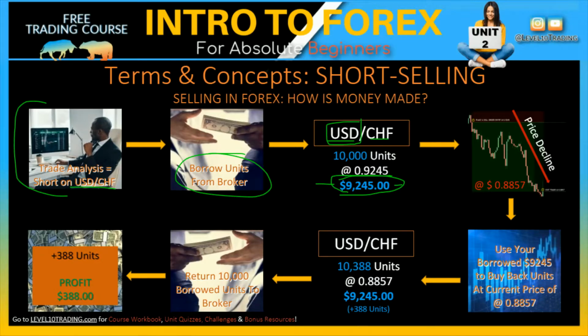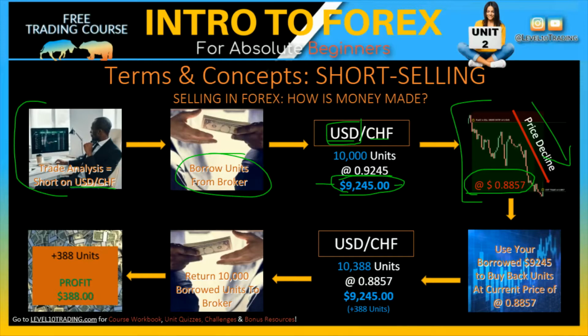Then you are going to hold on to your 10,000 units, and then the trade is going to, we hope, go in your favor. And in this example, it does move in our favor, which means that the price on the dollar franc drops. And you keep holding until, according to your strategy or your trading plan, you have an indication that it is time to exit and close your trade. So you're going to close out your trade, and the new price, because the trade went in your favor and you shorted this pair, is